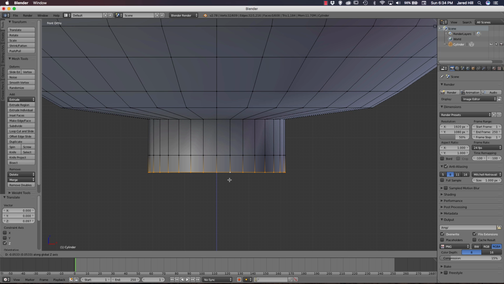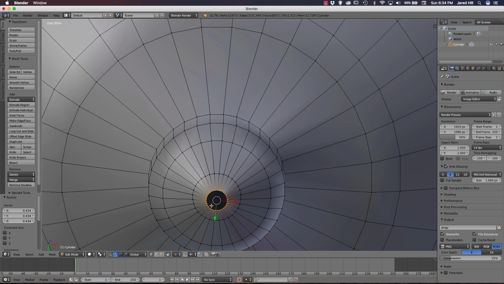if I press my middle mouse button, it provides a constraint for the Z axis, and I can move it down and then scale it. And again, just do that. Scale it, down, scale it. Okay. Now for this face, we're gonna have to do the same thing that we did for the inside of